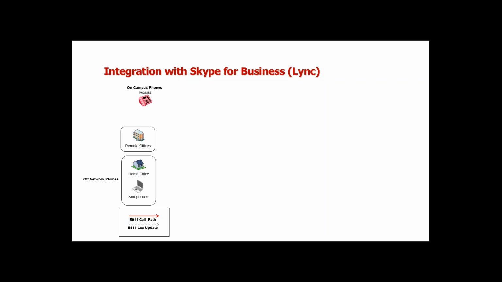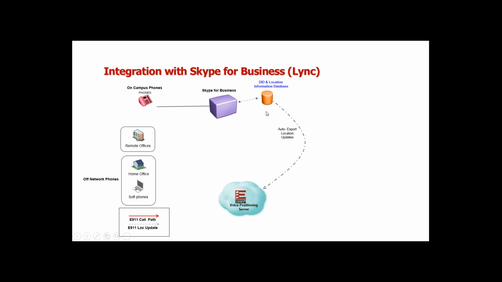Next slide, Kevin. So the way this all looks in a data flow is, first of all, we take the data from the Skype for Business and we load that into our voice positioning center. And generally, it's the ELIN and ERL information. Once you assign the phone numbers to the locations, we take that information and we provision it in our voice positioning server. So the IP discovery already comes inherent with Lync, which is a great thing that Microsoft did